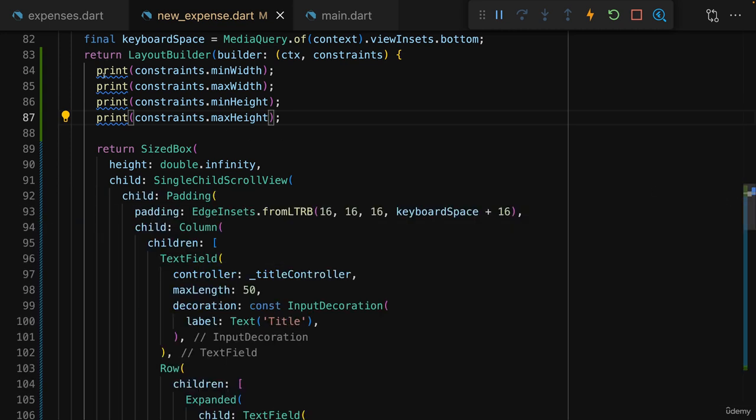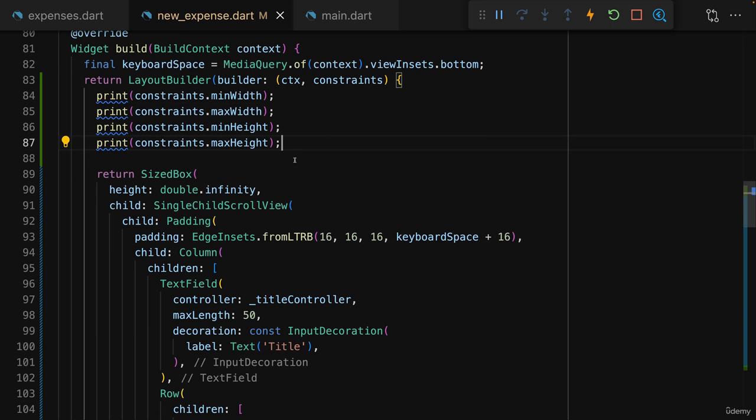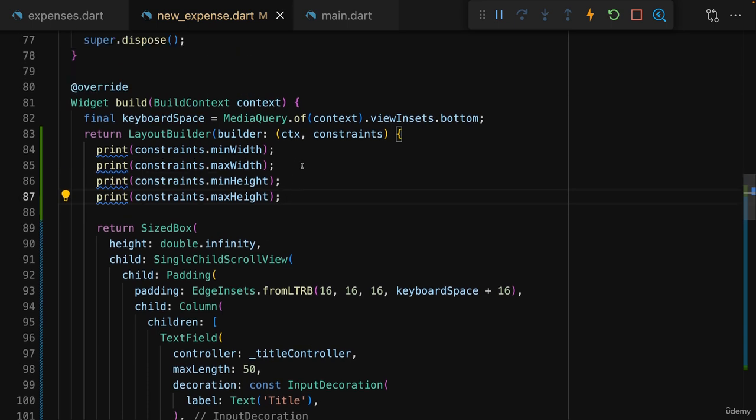Now, how can these values be helpful? Well, with them, you know exactly how much space you have available, and you can then decide which layout should be rendered. And this, for example, allows you to build a widget that can be used anywhere in your widget tree, and it does not care about the available width or height of the screen. It does not care about the screen orientation, but it only cares how much width and height is available to